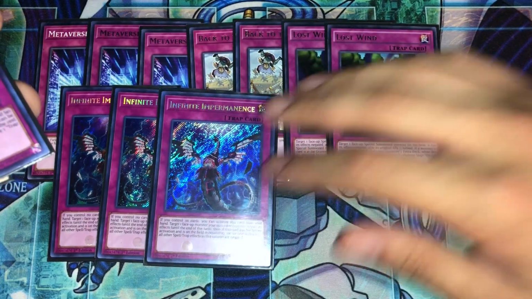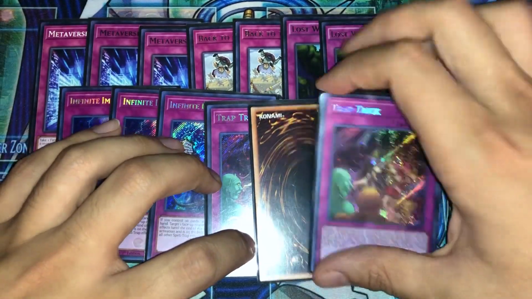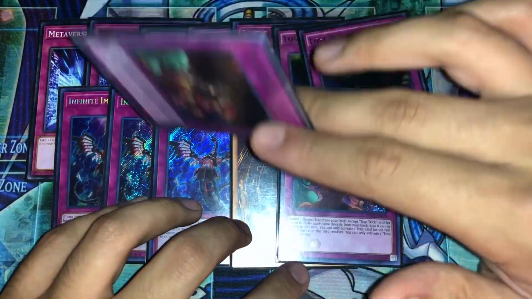But the reason I play the Lost Wind over the Strike and then the Imperm is because I'm also playing Triple Trap Trick, and I only have 2 guys. Sorry for that. I only have 2 Trap Trick, but you should be playing 3 essentially, because the reason you want to play 3 Trap Trick is because Trap Trick can actually search any single one of these,